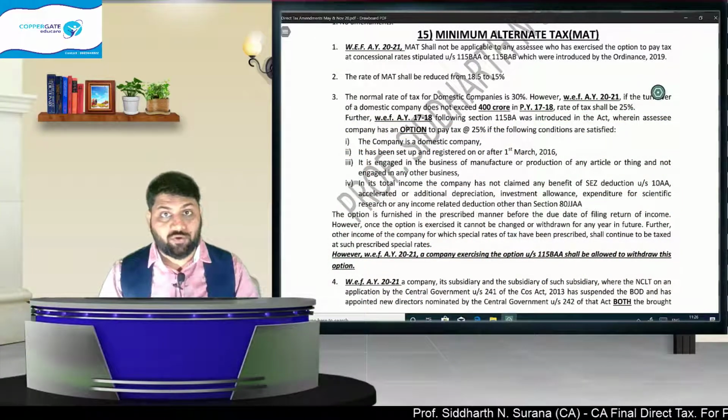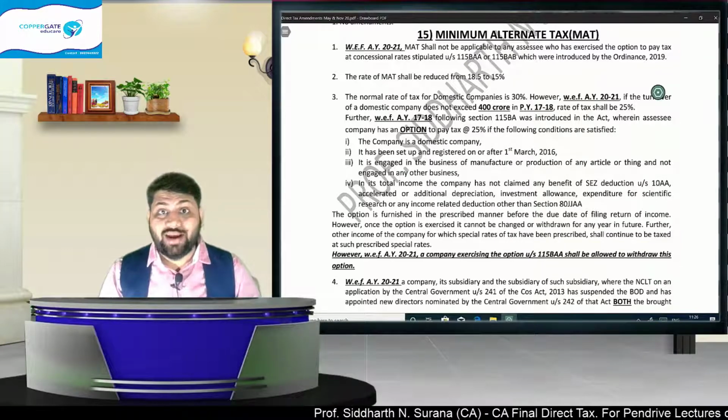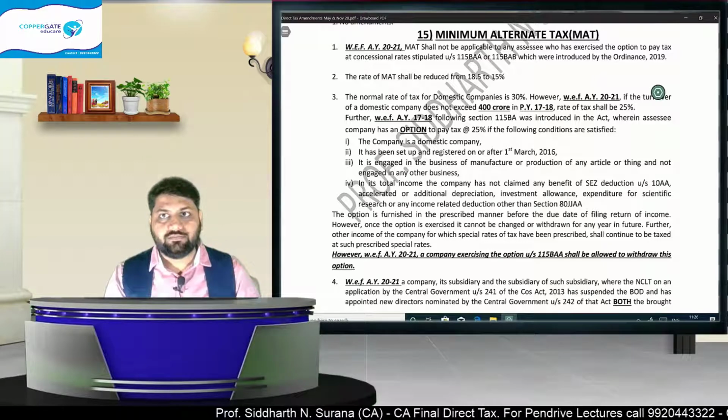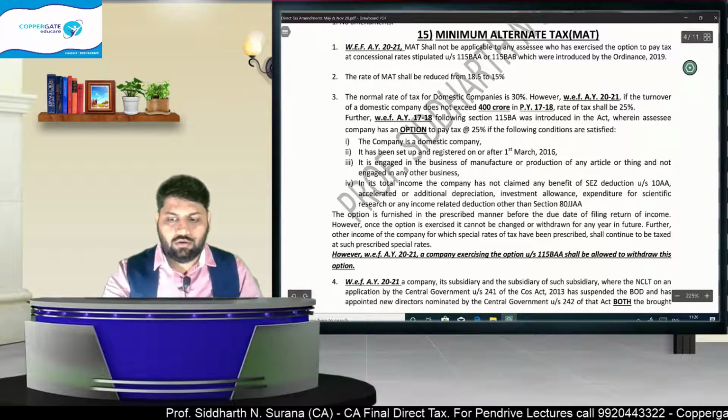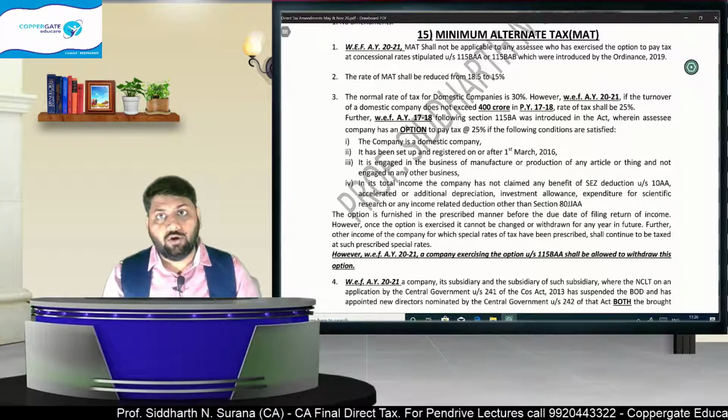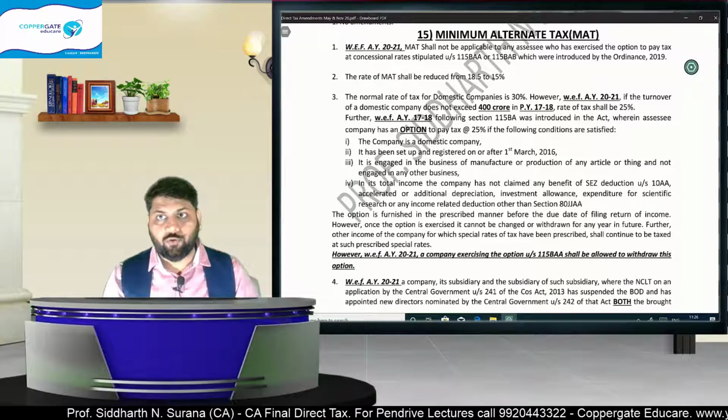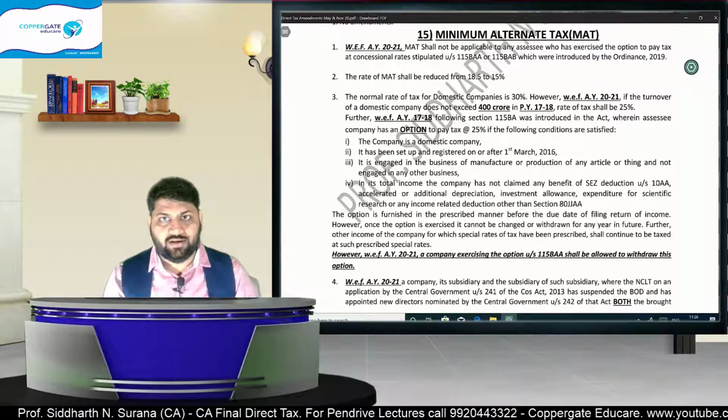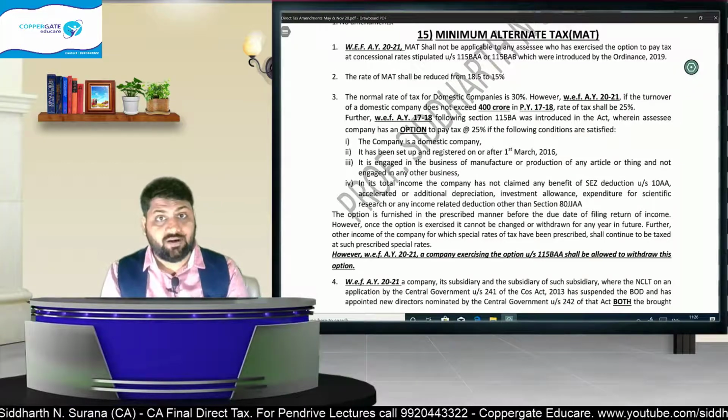Let us continue with our amendment lecture, amendments applicable for May 20 and November 20, that is previous year 2019-20, assessment year 2021. We have finished till chapter number 14, that is assessment of electoral trust, and now we come to that chapter which has got maximum amendments in our whole syllabus. One of the most important chapters of your portion, MAT, that is minimum alternate tax, has undergone tremendous amendments,